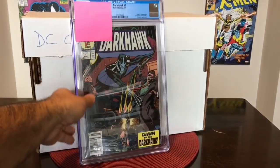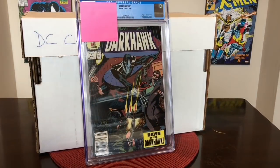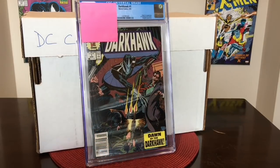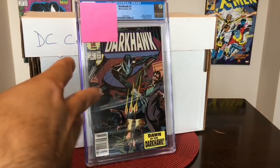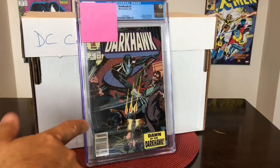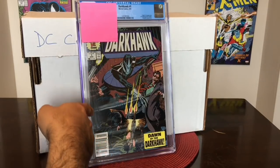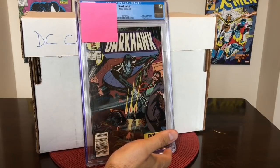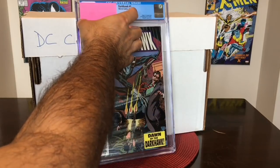This right here is another newsstand book that I got from a collection from some guys who just came across this massive newsstand collection. First appearance of Darkhawk, and I paid like 20 cents for this, 26 cents, something like that. Went ahead and sent it in. I was thinking this was going to be like a 9.4, 9.6. If it came back as a 9.6, I'd be really happy. But it's got some spine ticks, and because most of this book is black, almost any spine stresses or color breaking marks are going to show up. So, and it came back as